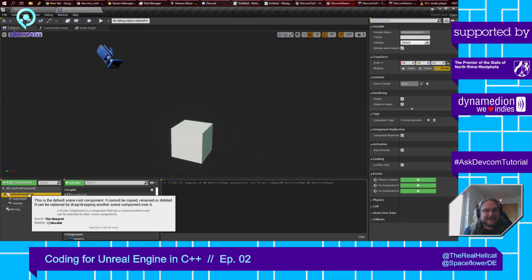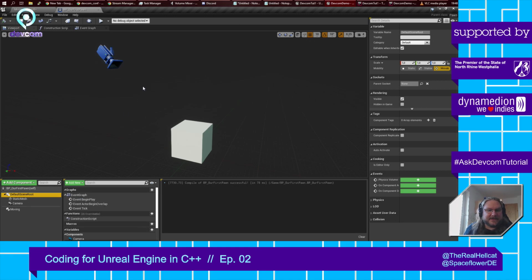Totally fine. The default scene root is just basic. It's an empty scene component that doesn't do anything, it doesn't look like anything, it doesn't have anything that can be shown like a static mesh. It just sits there and serves as something all the other scene components can be attached to or childed under,